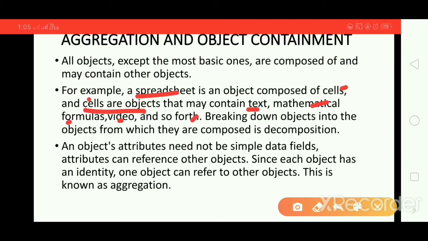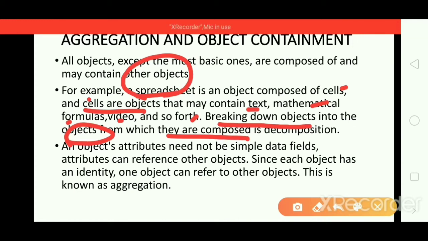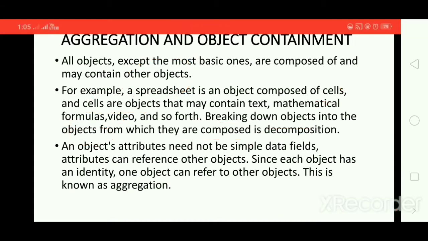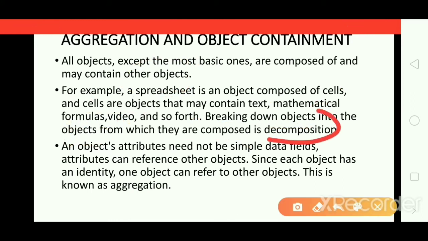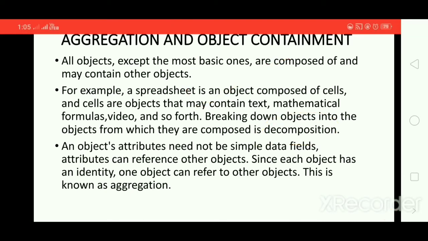So breaking down objects into the objects from which they are composed is the objective. We are breaking down the spreadsheet into cells, text, mathematical formulas and videos, which it is composed of. That process is known as decomposing or decomposition.